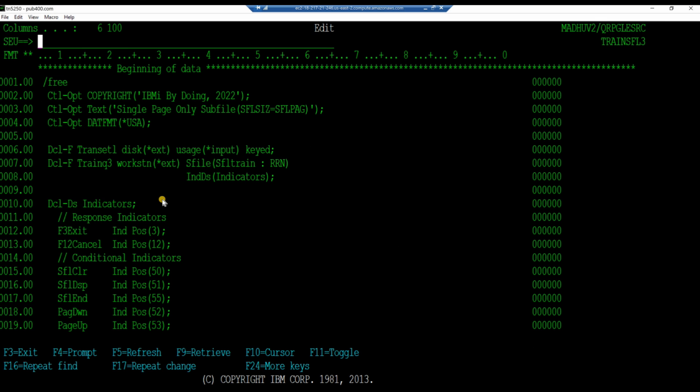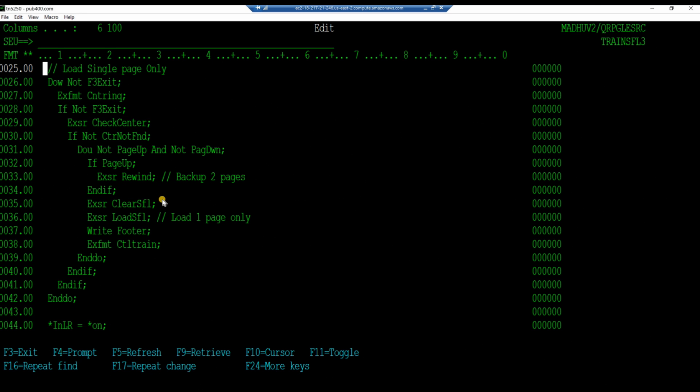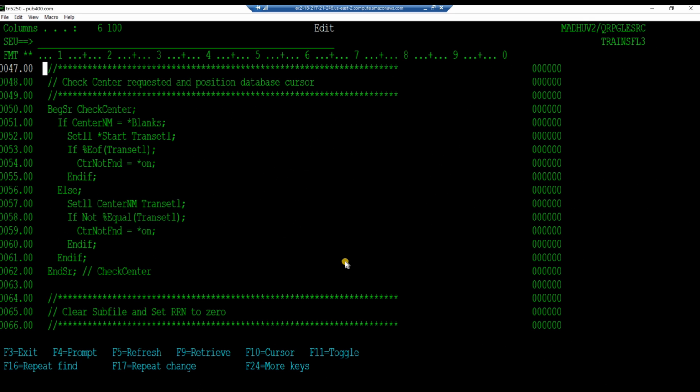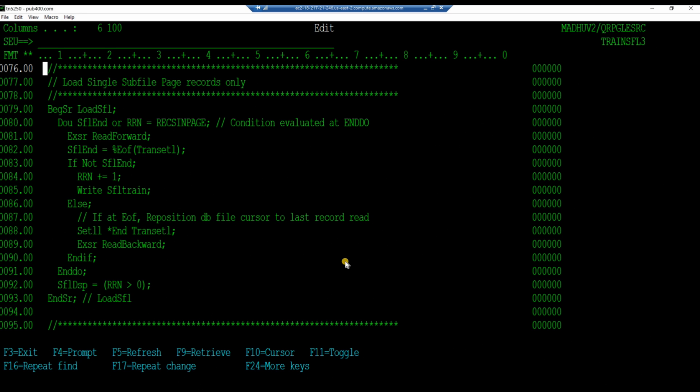However, SEU cannot understand control options or any of the declarations either, but it can understand the CSpec or calculation lines coded in free format between columns 8 through 80. Review your indicators data structure, review your program logic, review your subroutine check center, review clear subfile subroutine, review load subfile subroutine,